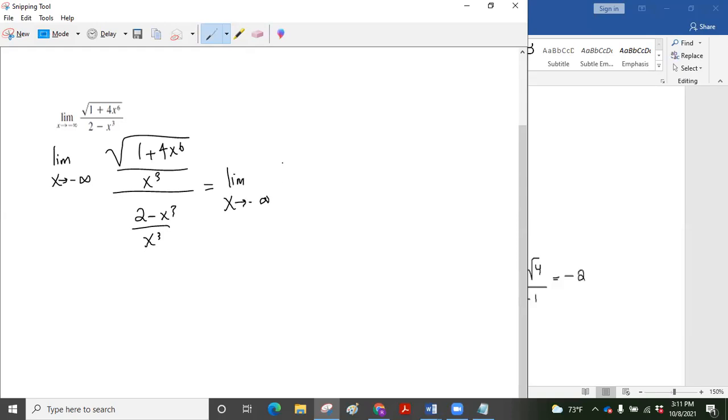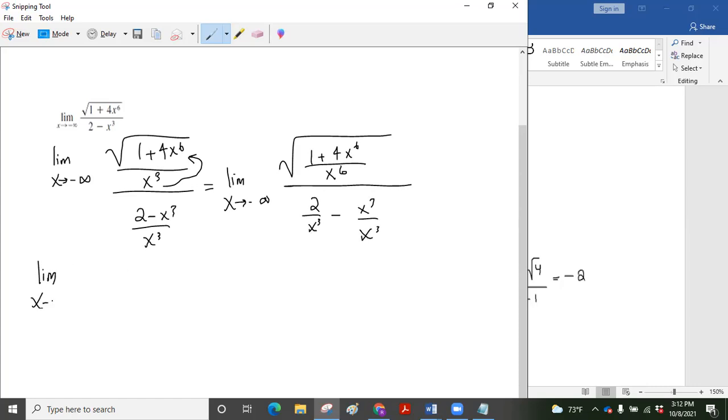So what this is going to be here is we're going to bring this inside by squaring it. So this is 1 plus 4x to the 6th over x to the 6th, if we square it, divided by 2 over x to the 3rd minus x to the 3rd over x to the 3rd, which would be the limit as x approaches